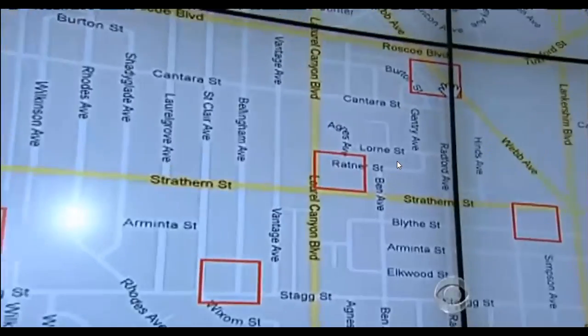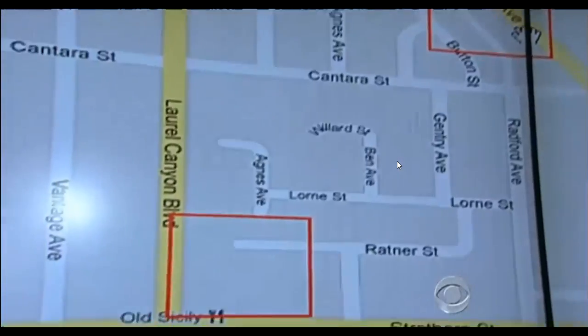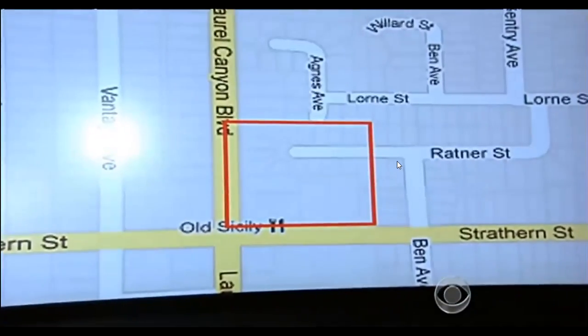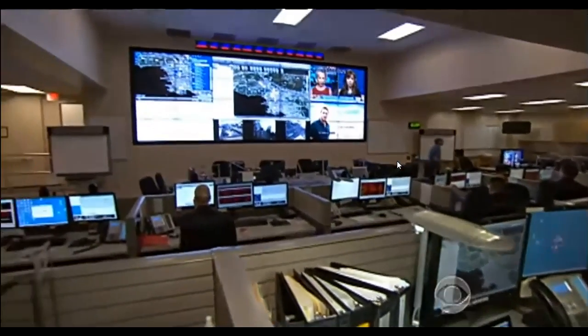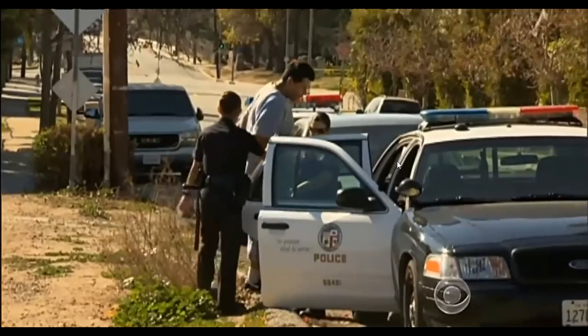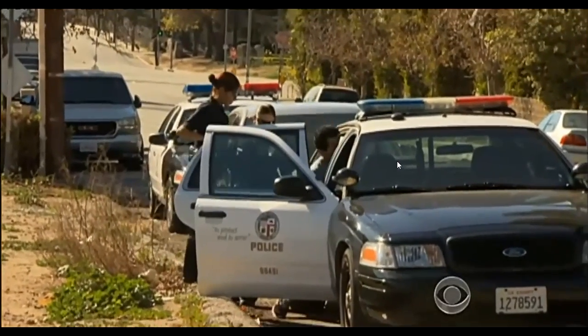These crime prediction boxes come from the same kind of mathematical calculation used to predict earthquakes and aftershocks. By analyzing the times, dates, and places of recent crimes, computers project hotspots for burglaries, break-ins, and car thefts. LA's Police Chief Charlie Beck says increasing police patrols inside those boxes denies criminals opportunity. The real measure of this is not how many people you catch, it's how much crime you prevent. Well, I love catching people. That's what I live for. But what I'd rather do is live in a place and work in a place where crime didn't happen.